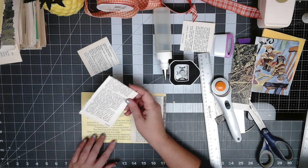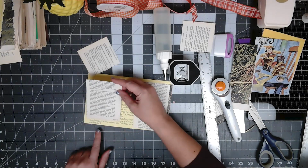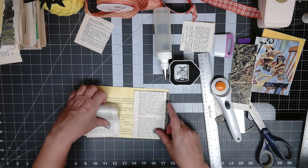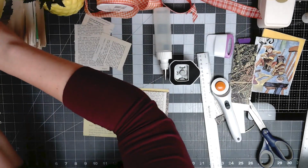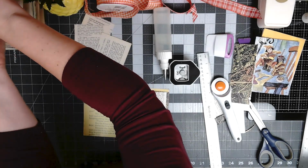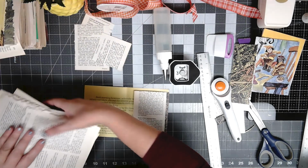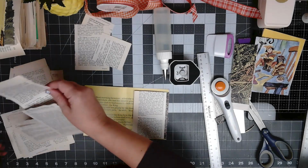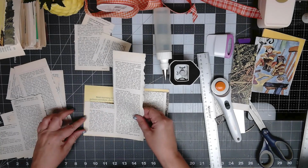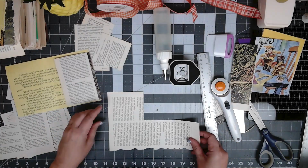How wide is this? It's only 3 1/2. Where am I folding? Oh, that's a really tiny pocket. No, that's too small. I don't want to turn the words on their sides. I do, however, want to use up some of this stuff that's already cut. So let's pull some of it out and see if we can't use some of it up. I mean, if I'm going to use this book page, I might as well use the pieces that... Okay. So I'm going to cut off...